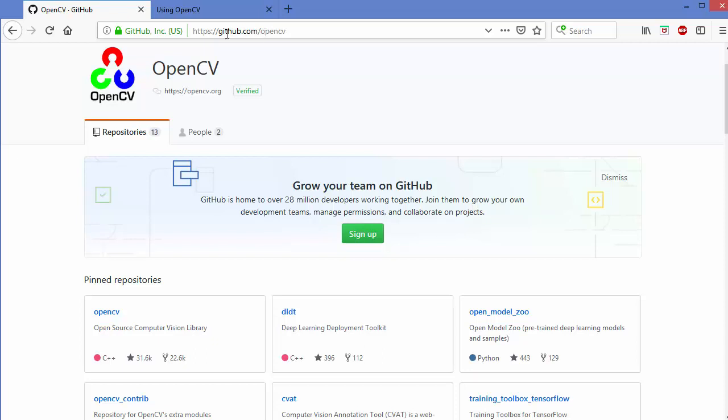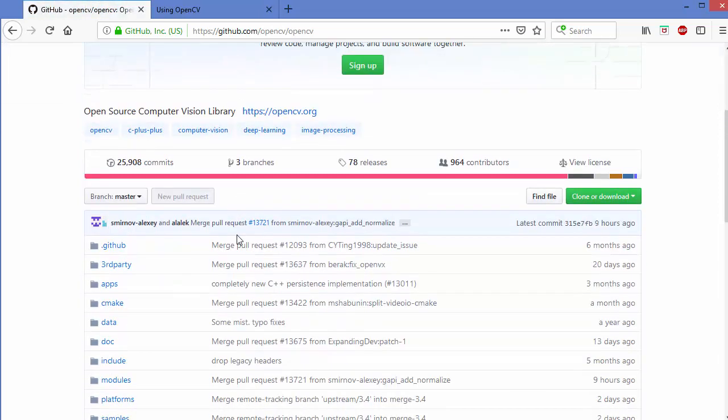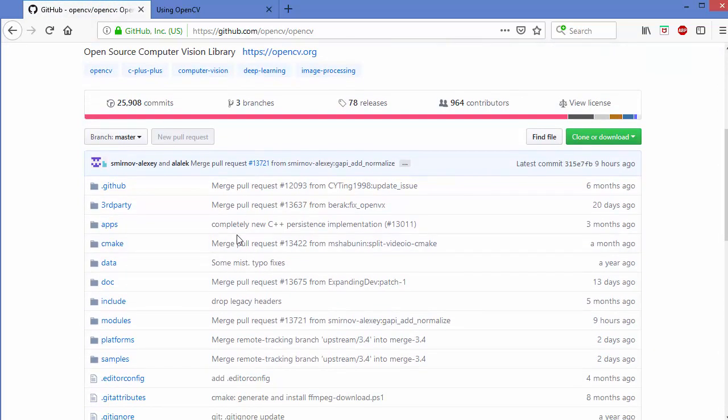Under this OpenCV project in GitHub, you will see these repositories. Choose the repository which says opencv, scroll down, and all the images you will find inside the samples folder.